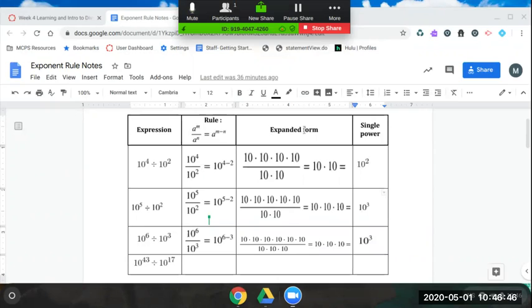Now, the expanded form shows you what this actually looks like. It says 10 to the fourth is in the numerator, so we have 1, 2, 3, 4 tens in the numerator. And it says 10 to the second is in the denominator, so we have 1, 2 tens in the denominator. When we cancel these out, we're left with